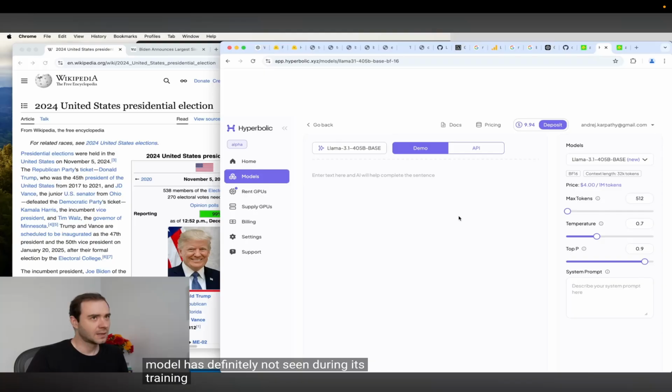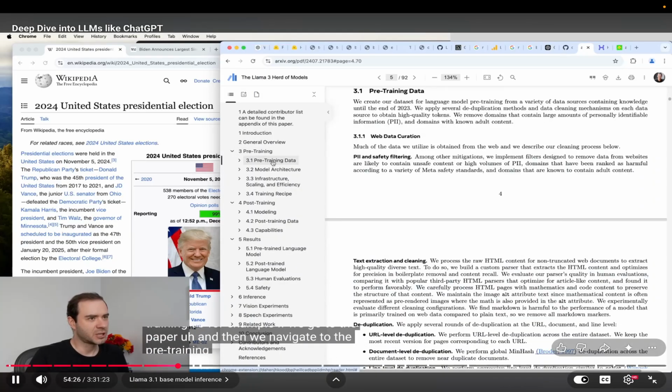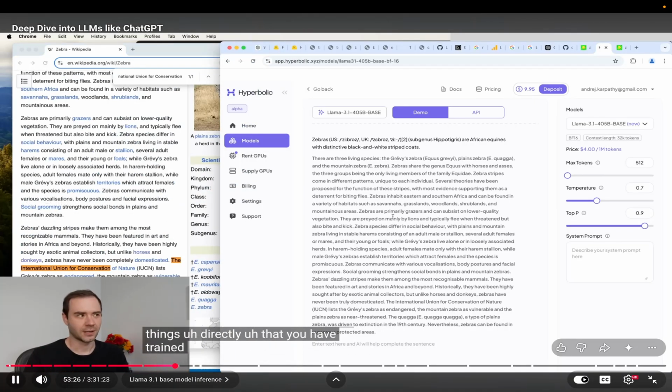Okay, the next thing I'm going to show you is something that the model has definitely not seen during its training. So for example, if we go to the paper, and then we navigate to the pre-training data,